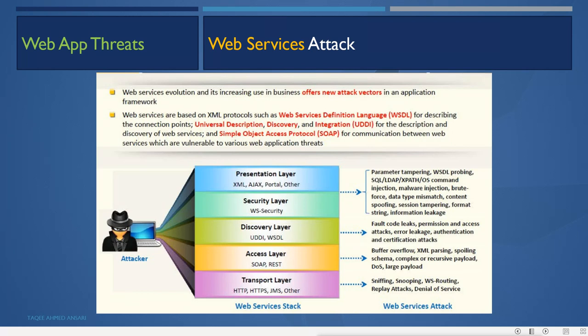In the access layer we have buffer overflow, XML parsing, spoiling schema, complex or recursive payloads, denial of service attack, large payloads. Then in the transport layer we have sniffing, snooping, routing, replay attack, denial of service attacks. So depending on these layers of web services, we have these different attacks.